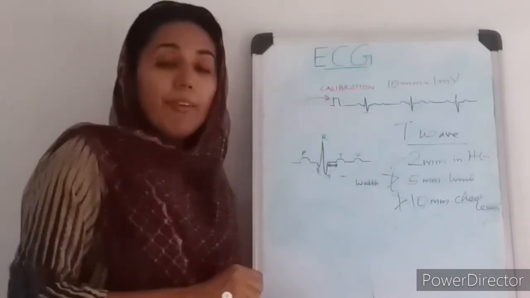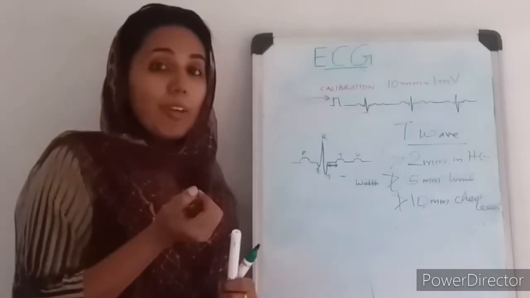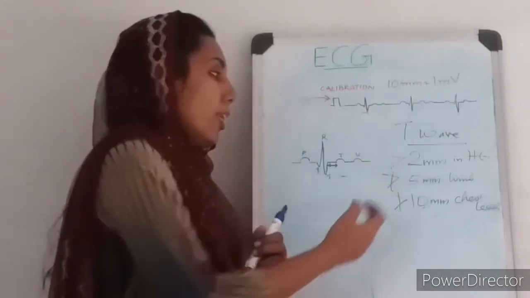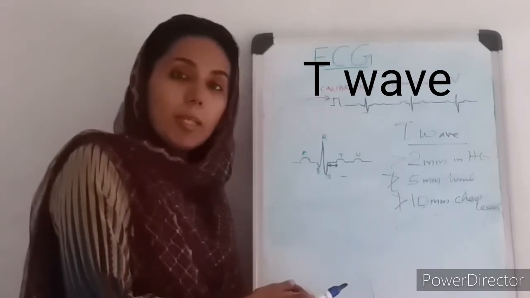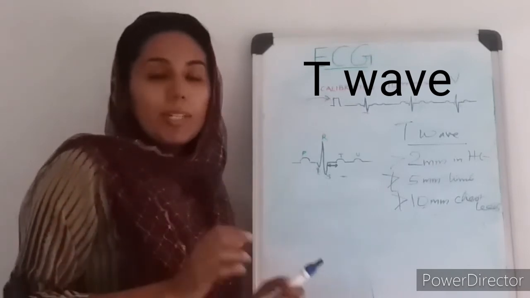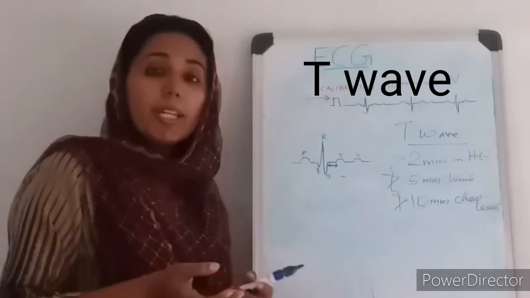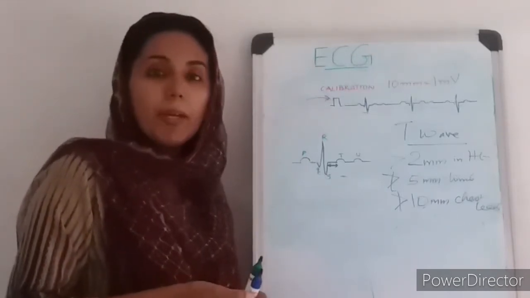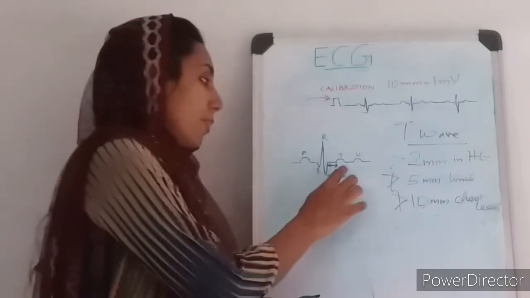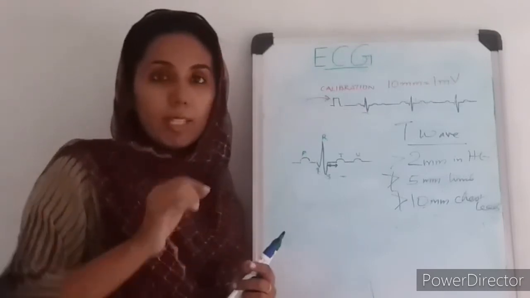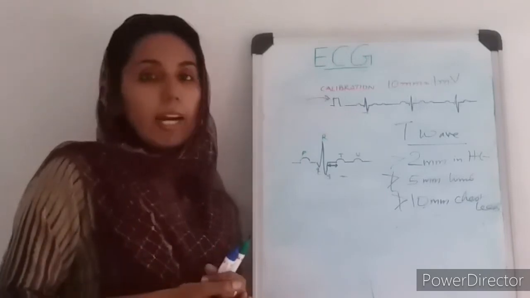Now coming to the T wave. T wave is because of ventricular repolarization. How much will be the height of a normal T wave? T wave will normally be more than 2 mm in height. It is not more than 5 mm in limb leads and not more than 10 mm in the chest leads. One important question we can expect here is about the peaked T waves. As you know, it is seen in case of hyperkalemia. We get a small T wave in case of hypokalemia, hypothyroidism, pericardial effusion, etc. So when you get an ECG for exam and you see a tall peaked T wave, remember it can be a metabolic disorder like hyperkalemia.